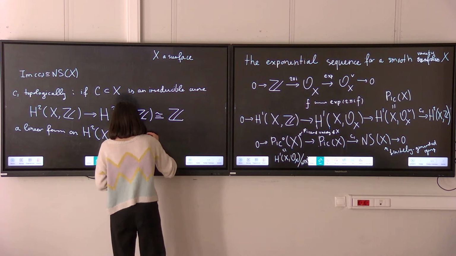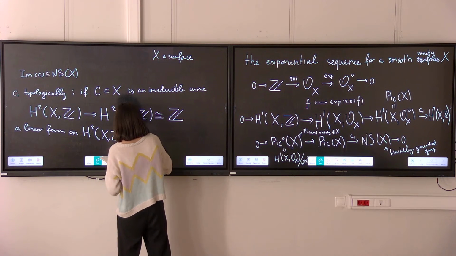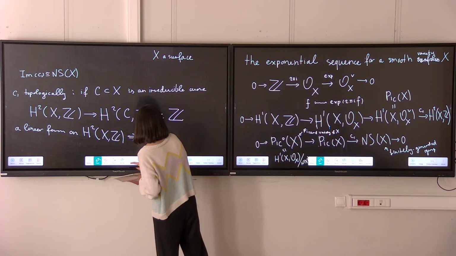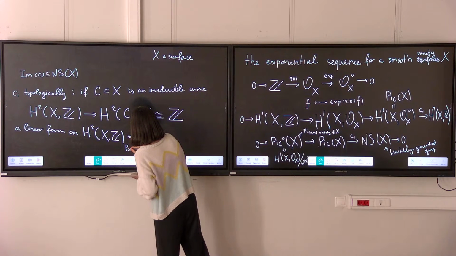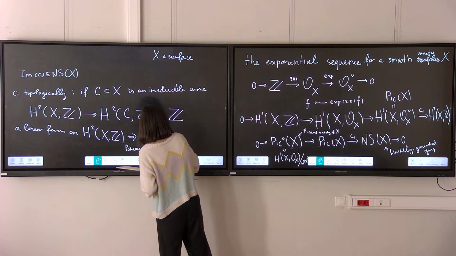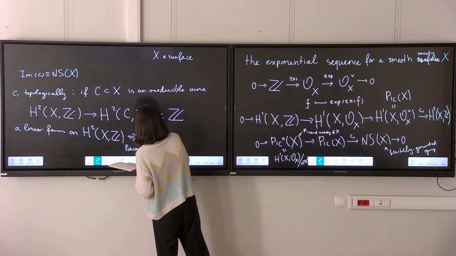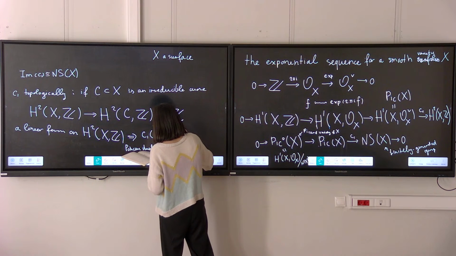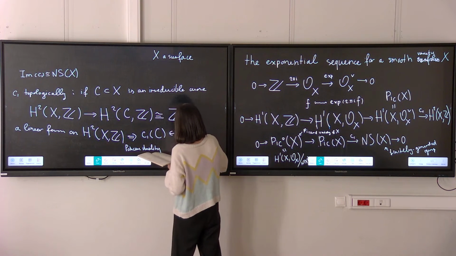So by congruality, using congruality, we obtain an element inside